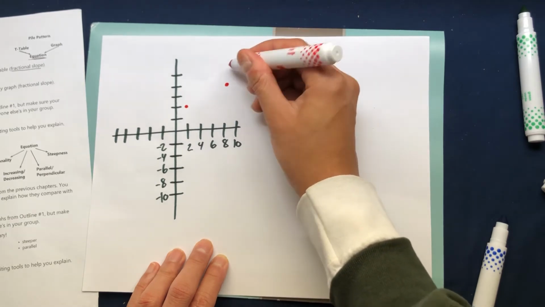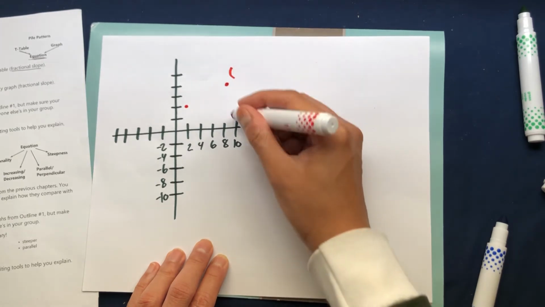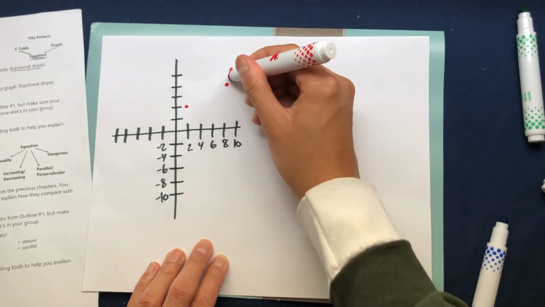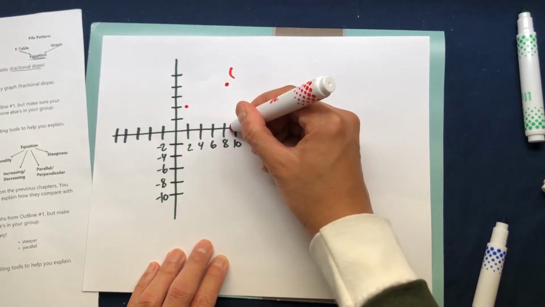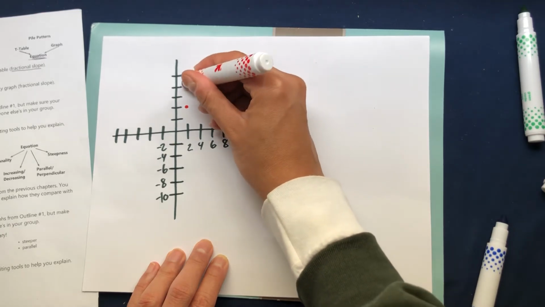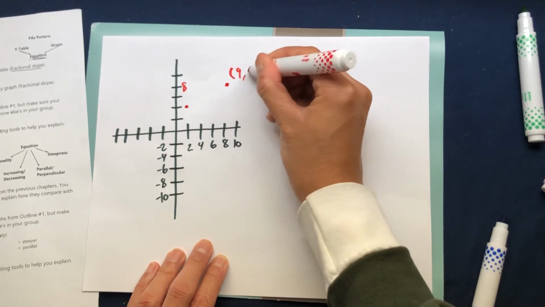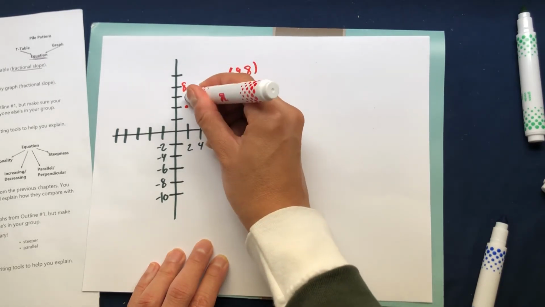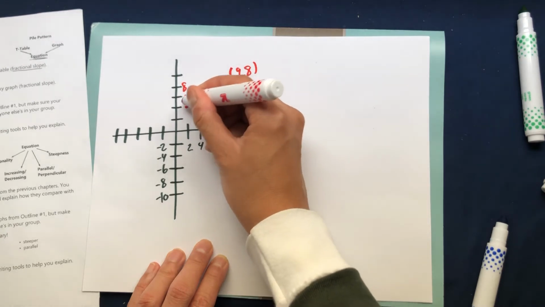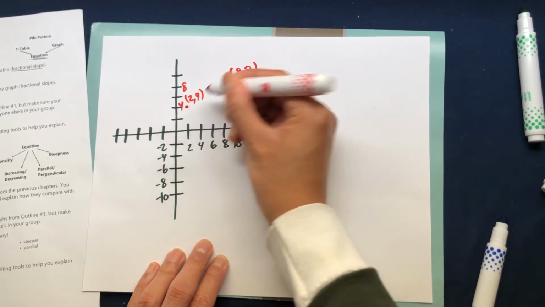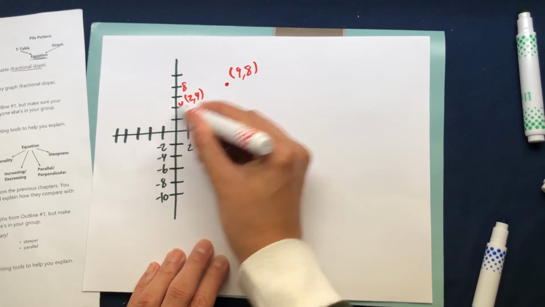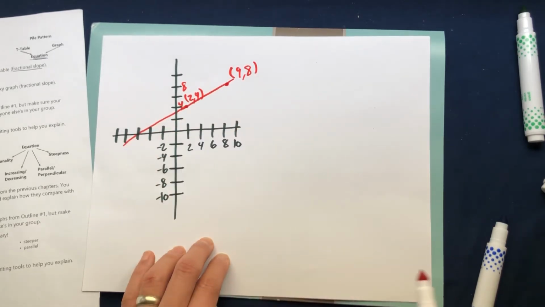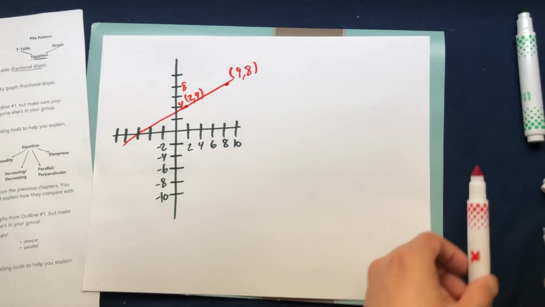So we have one coordinate is 9, 8. So 9 on the x and 8 on the y. And my other coordinate is going to read as 2 on my x, 4 on my y. We need to figure out what the equation of this line is. And to do that,